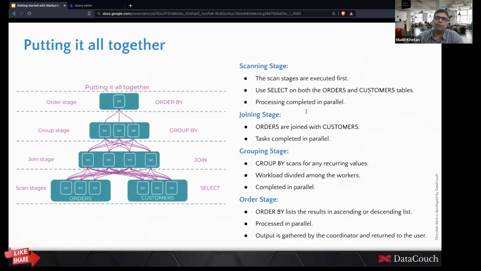And before passing on the data from the data source to the next stage where it is being joined, it can actually see if that particular record matches the criteria. If it matches the criteria, it passes it on to the next stage. Otherwise, that data is never passed on to the next stage. If the amount of data that is being passed on to the next stage reduces, then obviously your query processing would happen much faster.